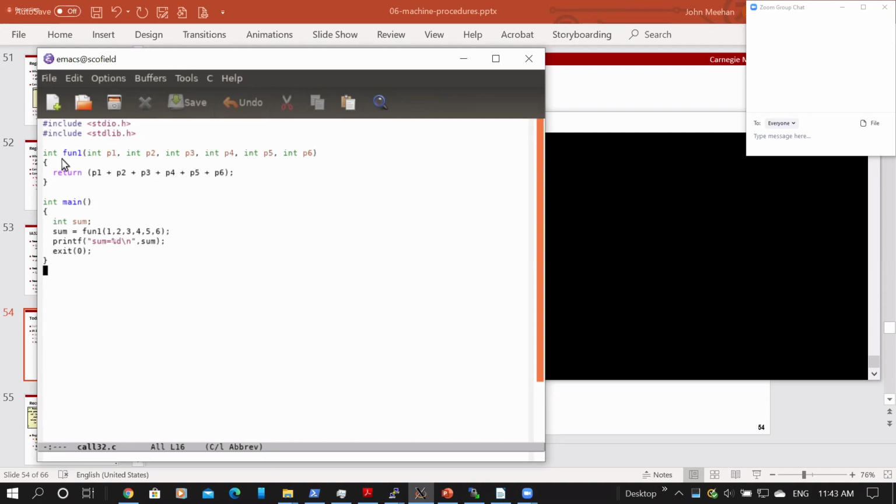So when we get back to the guy who called us, that is going to get saved. The EAX register is going to get saved into his sum variable that he has there, right? And then we're basically setting up a pointer to a string and the address of that variable as the parameters to pass to the printf function. So we go back over there